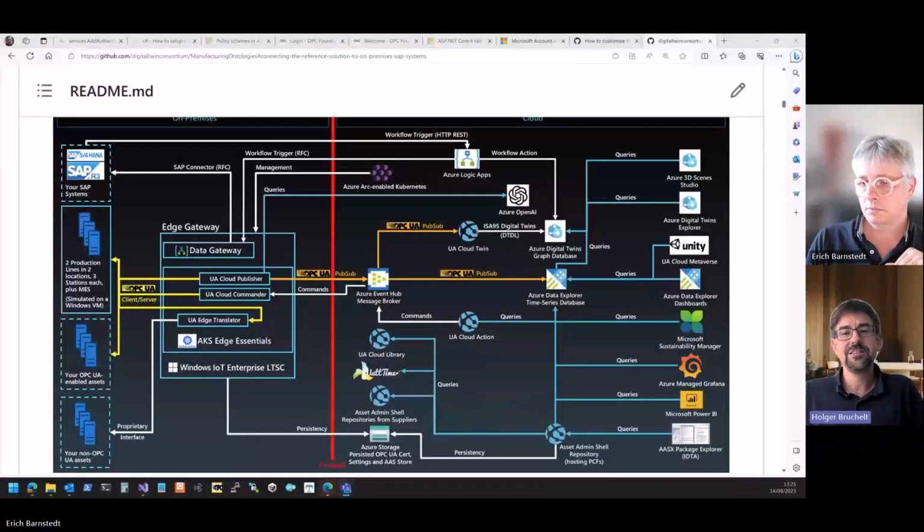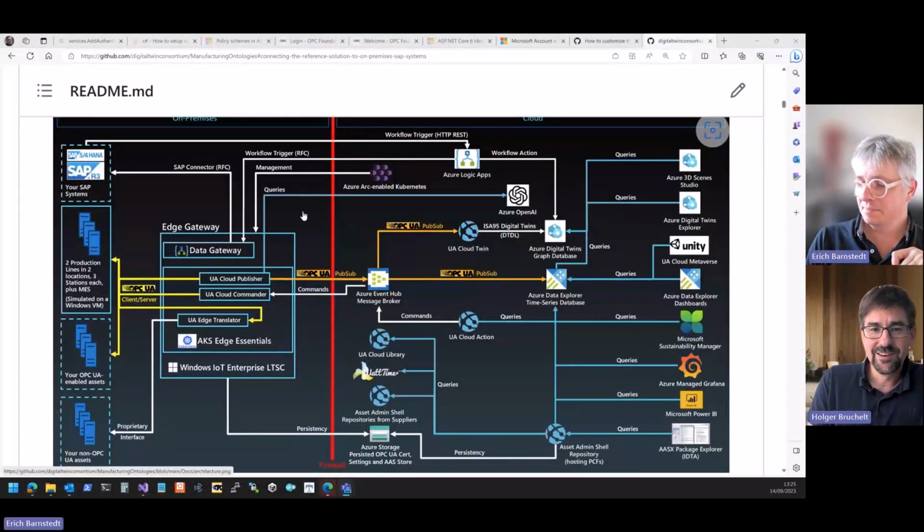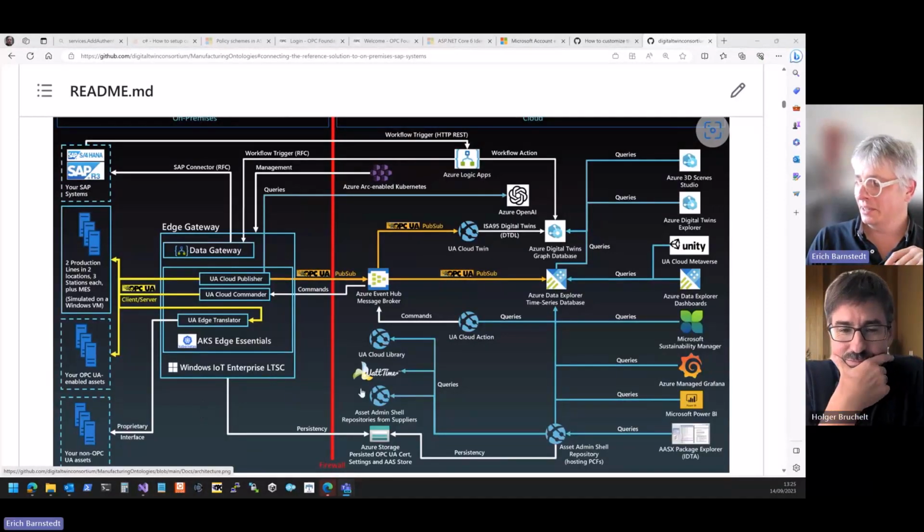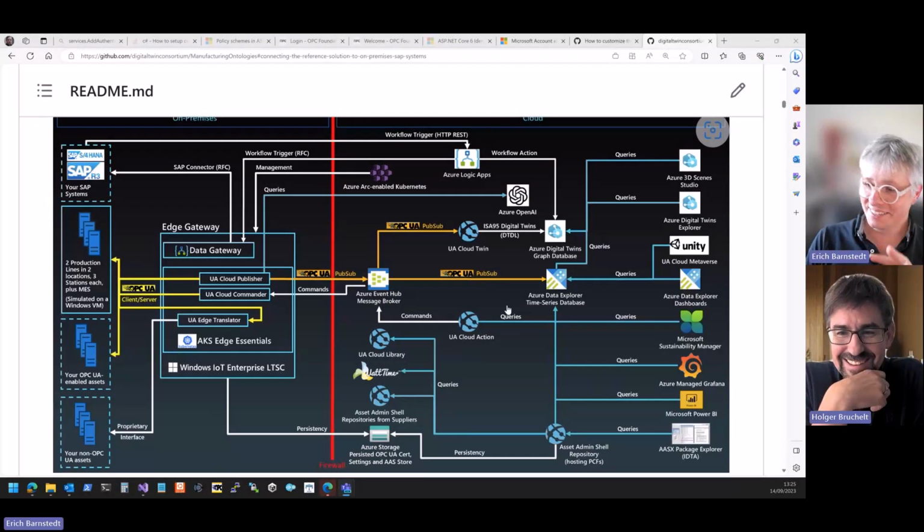Can you show us the architecture maybe? Can we take a look at the GitHub repo? As you said in the beginning, it's massive in the meantime, but maybe you can just show us a few of the topics. I keep saying I'm running out of space. Well, there are still a few empty spots where I could add more services, but this is it, right?